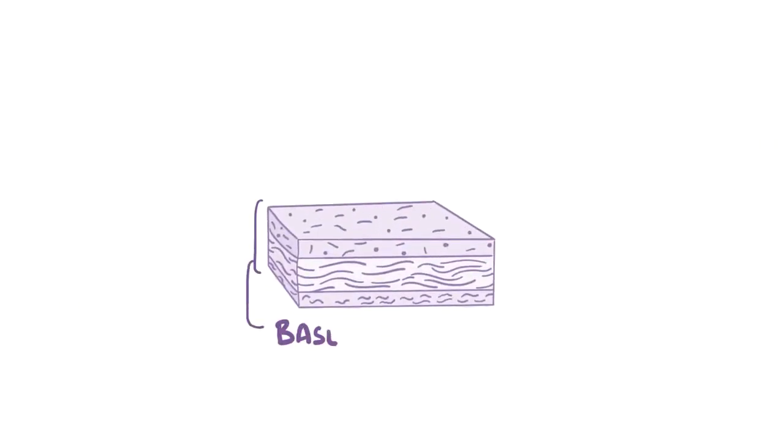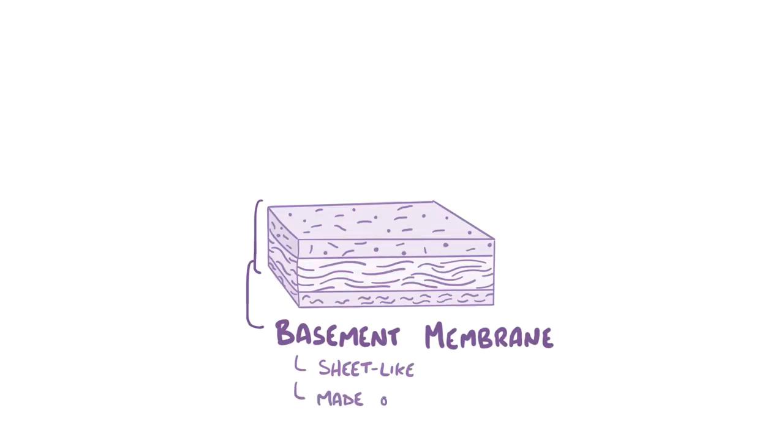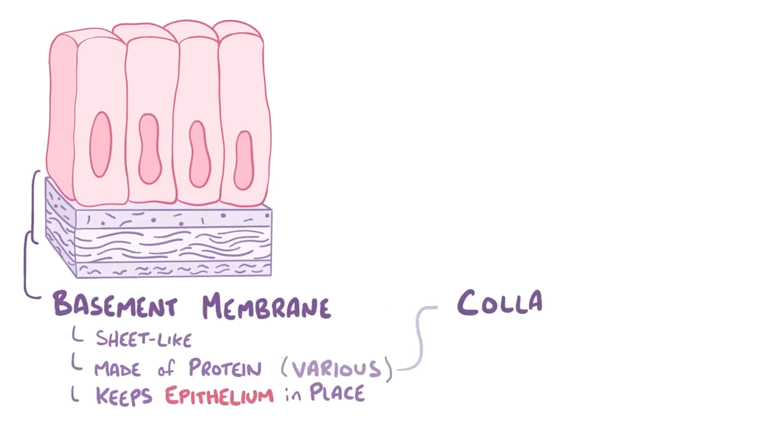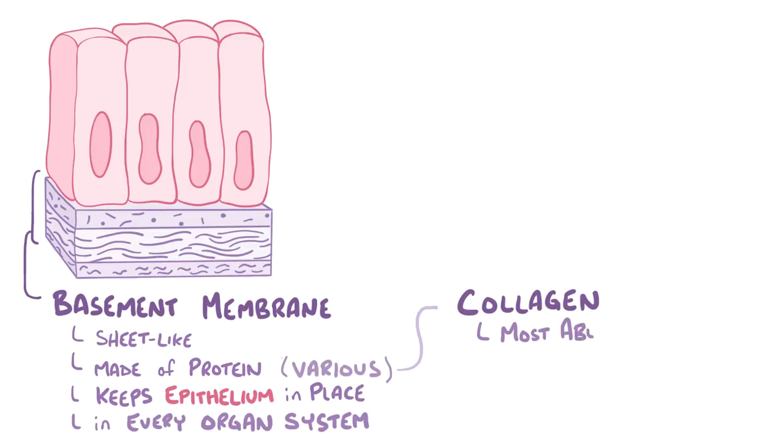To understand Goodpasture syndrome, let's start by thinking about the basement membrane, which is a thin, sheet-like layer of tissue made of protein that keeps the epithelium stuck firmly to the actual organ. Kind of like double-sided tape, which keeps wrapping paper stuck to the gift. This basement membrane is made up of various proteins, but the major one is collagen. And since basement membrane exists throughout every organ system, it's no wonder that collagen is the most abundant protein in